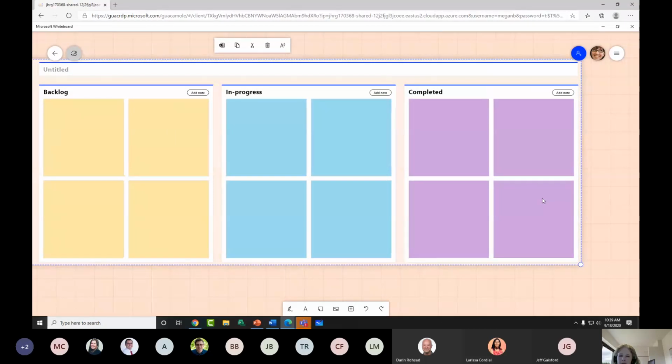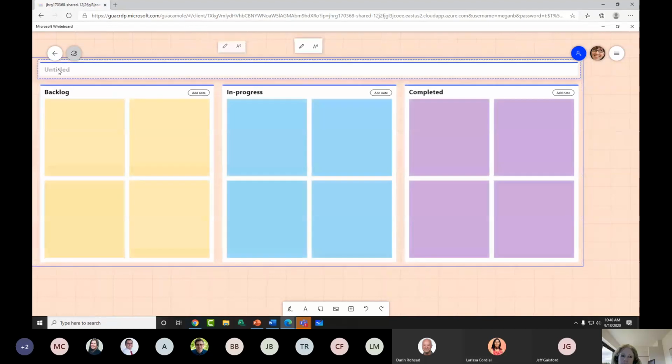This is one that a lot of people ask me about. Now, I'll be honest with you, I'm more of a fan of apps like Planner for Kanban boards. And of course, there are a lot of other third-party apps that do them. But this is very visual. So what you're seeing here at the top is I've got an untitled box. And notice right there that when I click in that box, it's asking me, do I want to draw it or do I want to, in this case, you can see, do alternative text.